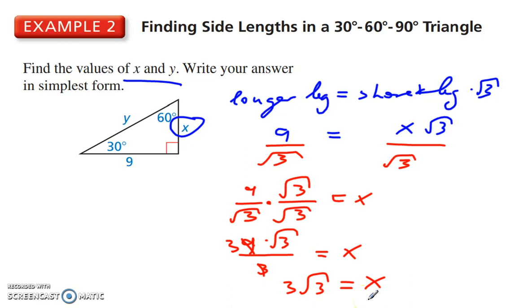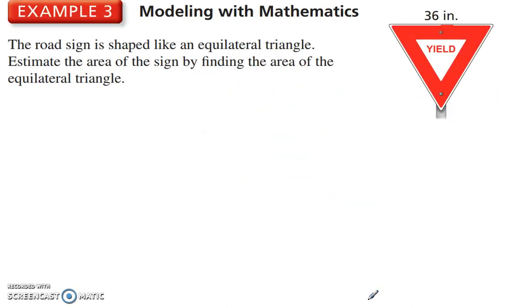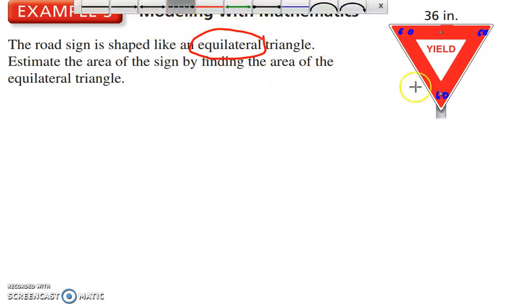All right, let's look at a couple more examples. Here we have a road sign that's an equilateral triangle. So we know that every angle is 60 degrees in an equilateral triangle. All right, well, we don't know anything special about an equilateral triangle, because an equilateral triangle is not a right triangle. But what we do know is